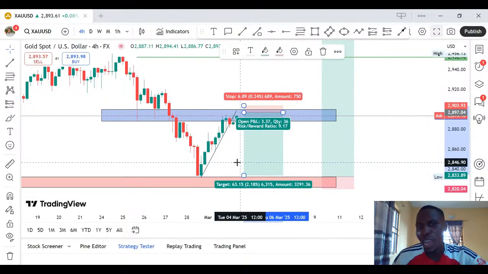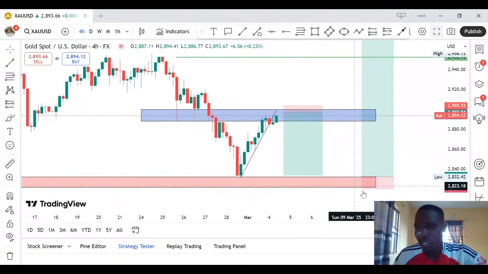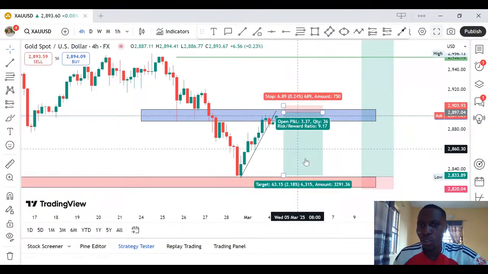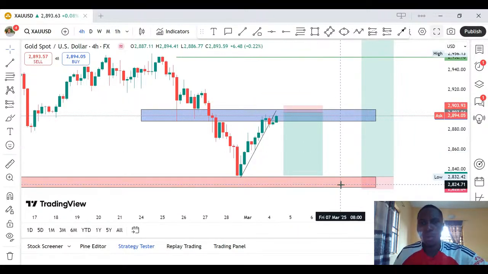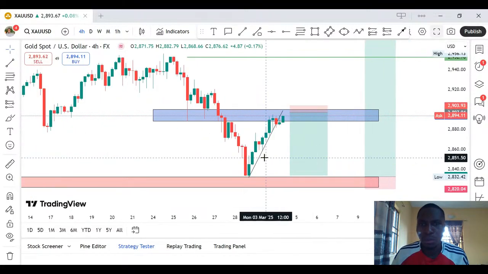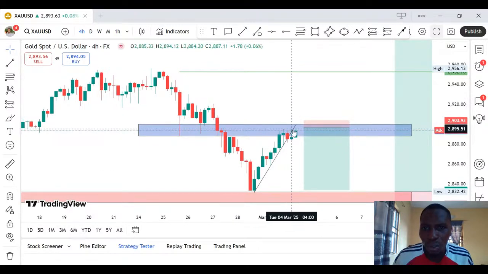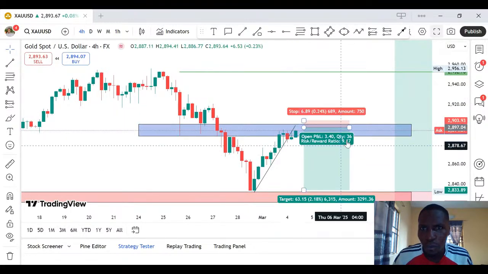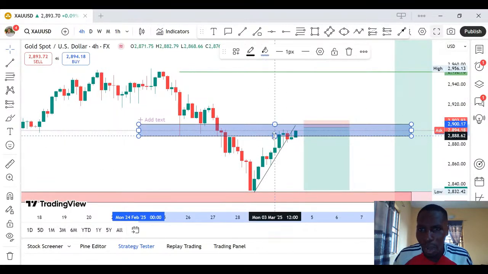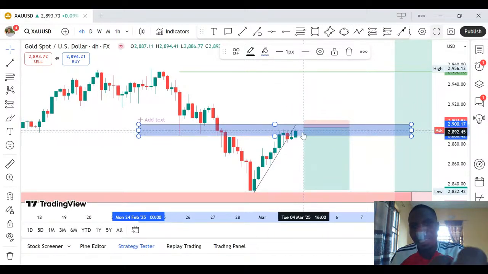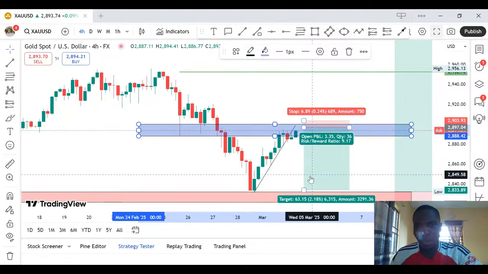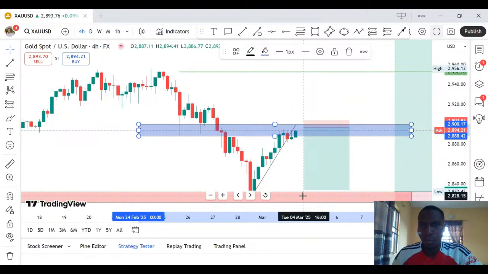Now, the reason why I will close all my profit at this point is because the moment price comes here, I am looking for a buy opportunity. So now what I'm doing is just sitting on my hands waiting to see price reaction in between this zone, in between this blue bar. Once price gets rejected or I see a 4 hour rejection, if I have clean rejection, I will do a sell and I will target here. I will sell from this point and my target will be here.